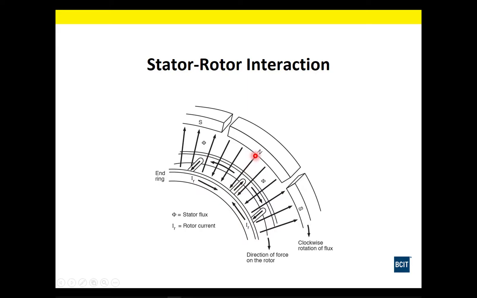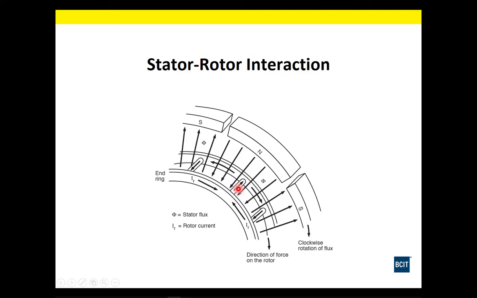We have the north poles here with the lines coming out. We have south poles here with the lines going in. Okay. Now remember this magnetic field is rotating in a clockwise direction. Now, for this rotor to develop a magnetic field, it needs some current flowing through it. These arrows represent the current flow directions, but let's have a look and prove how that works. We're going to use our left-hand rule for generators and our right-hand rule for motors to explain